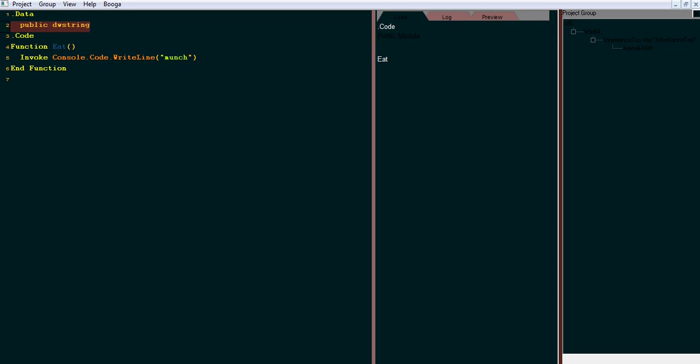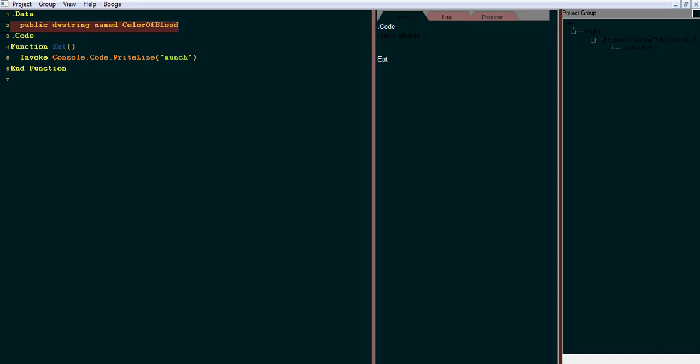It's a DW string. So what is a DW string? Where did I pull it out of? Okay, this project is linked to my runtime DLL, and it has a lot of stuff in the runtime that I've been working on. DW string is one of the modules in my runtime, and this module can act like an object. This is actually an object-oriented programming object. And we're going to create an instance of the object in this project's data section. You might call that a static object in your compiler. I'm not sure. And I'm going to name it color of